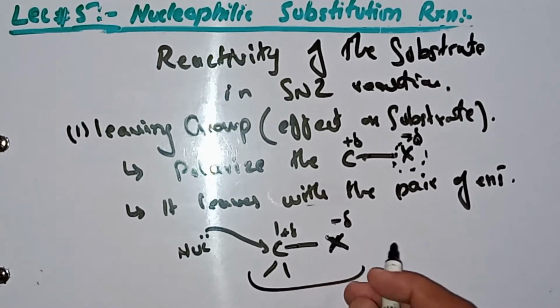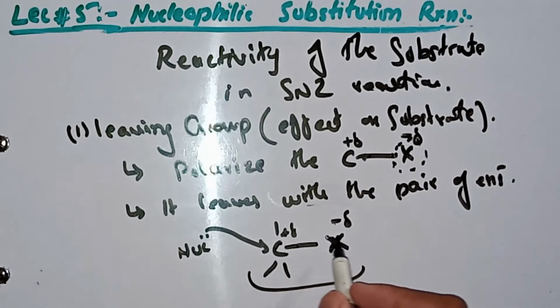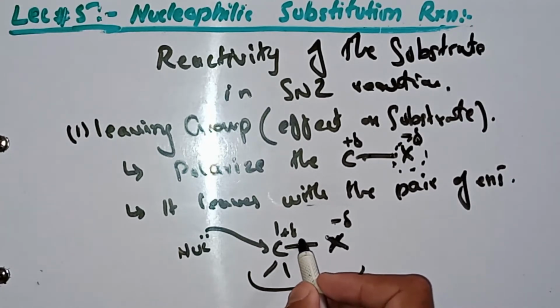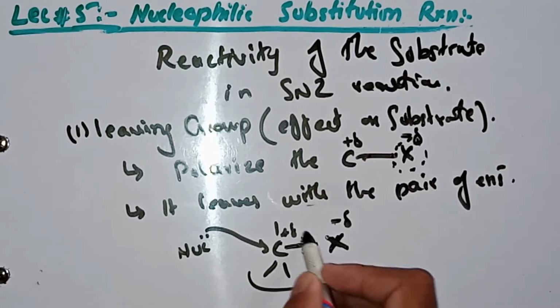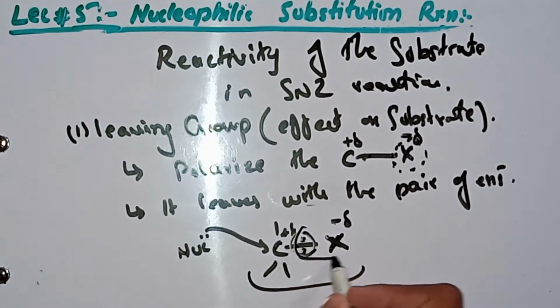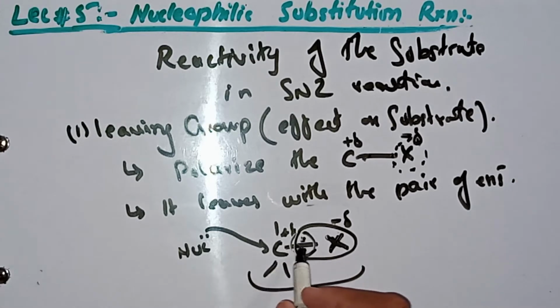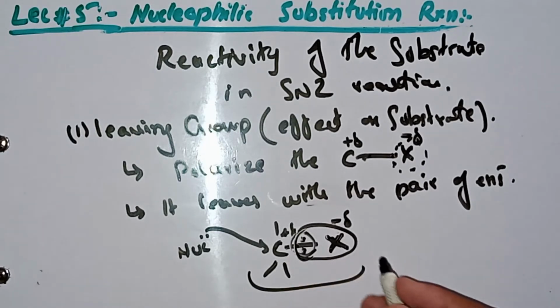So the nucleophile also acts as the leaving group, also acts as a leave with a pair of electrons. This bond contains two electrons. These electrons will be attracted by this leaving group because it is more electronegative. So as the nucleophile attacks on this bond pair, this bond pair of electrons will leave